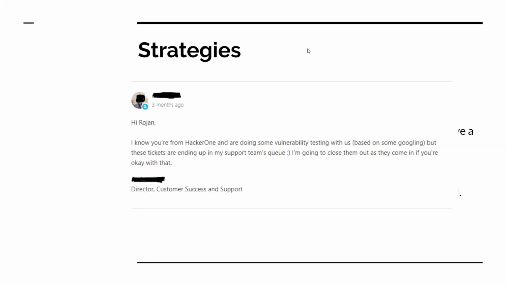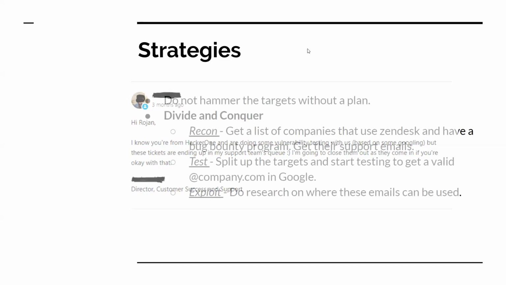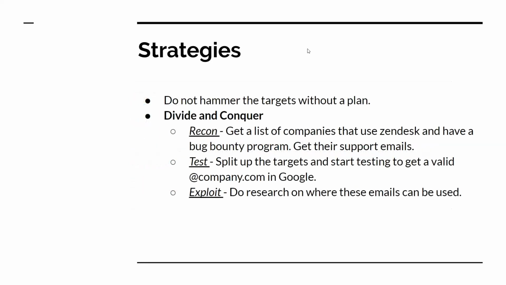So that's where the strategist person comes in, to get your targets, to understand them better and to exploit them. And this whole idea of recon, test, and exploit works on any group hacking that you do, whether it's a live hacking event, or the same research that I did, right? So you could have recon, test, and exploit on support systems. You understand their support and you attack it. And same thing with live hacking events. If you're doing group hacking, you don't want to repeat the same thing that another of your groupmates already did. You want to do something that is unique and then attack based on that. So doing a recon and then understanding and attacking is perfect.